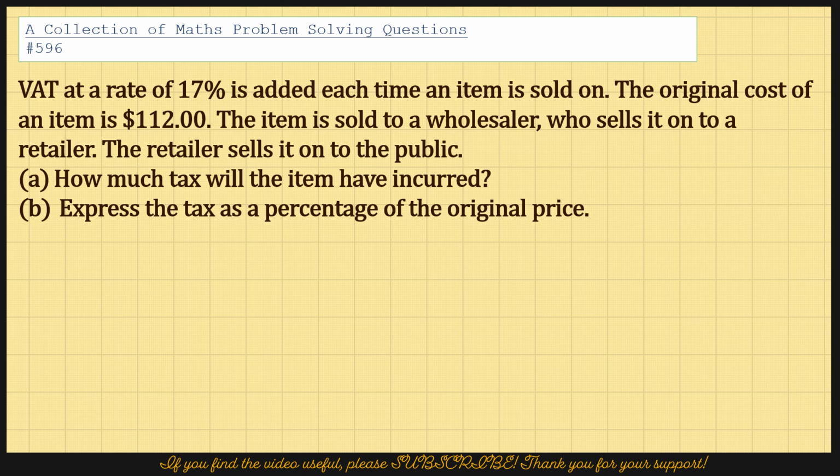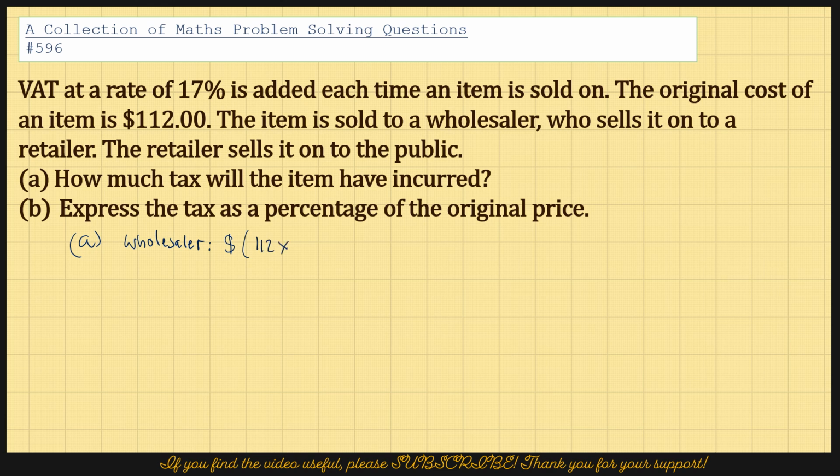So if we work out each time the item is sold, how much it would be sold at, the selling price, then I should have the answer to part A. So for A, when it is sold to the wholesaler, the price would be dollars 112